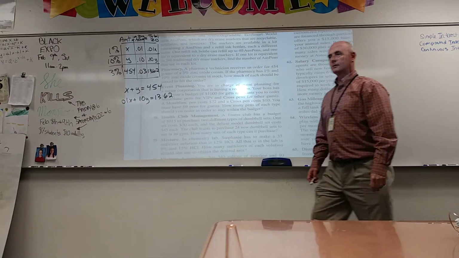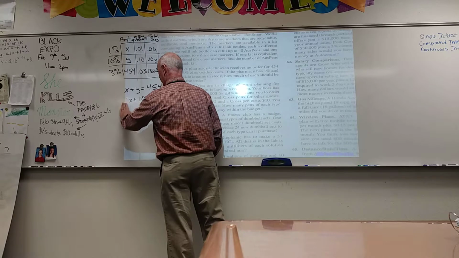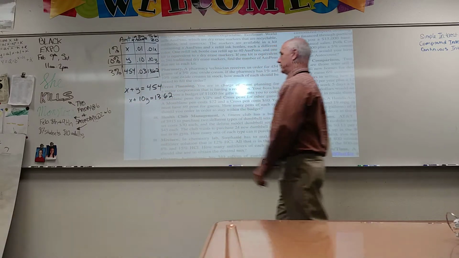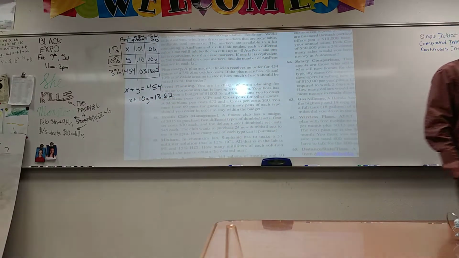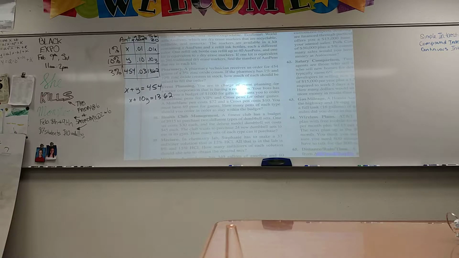There we go. I won't write the 0.01, I'll get rid of the 0.01. And there's our new system after we multiply by 100. Do we like our system at this moment? Why? Because the x already has the same coefficient. So therefore,